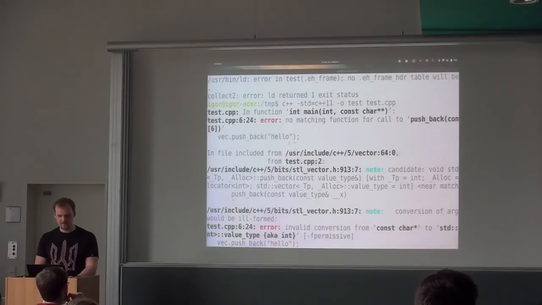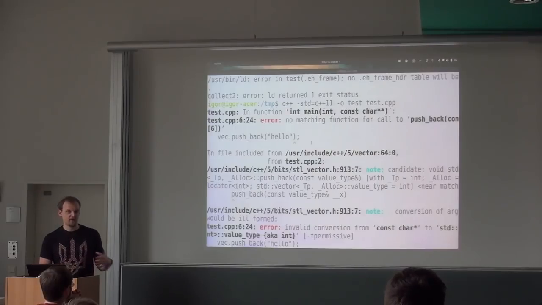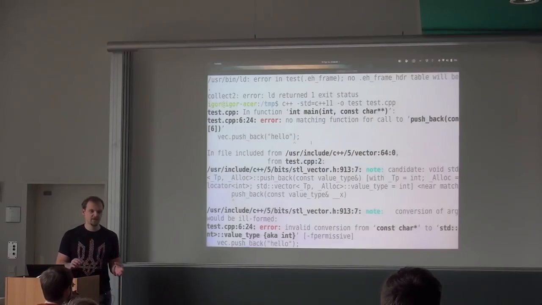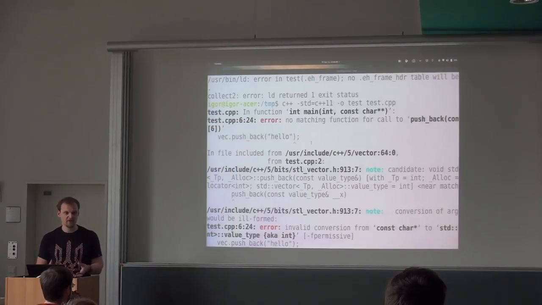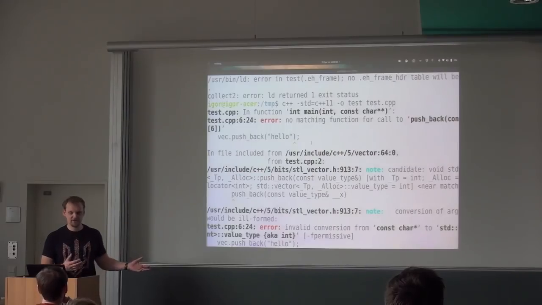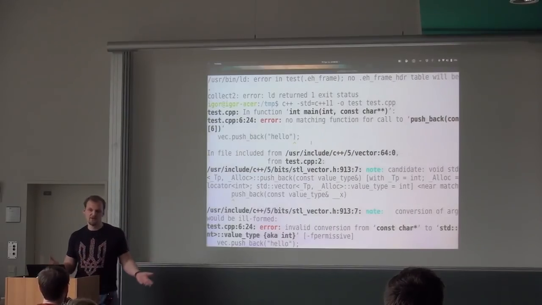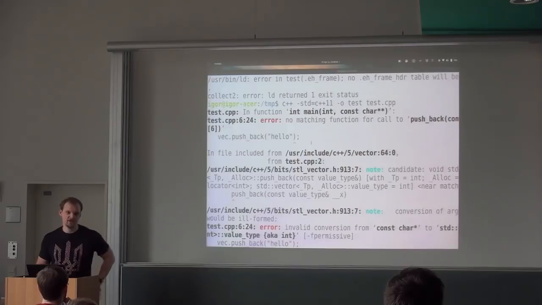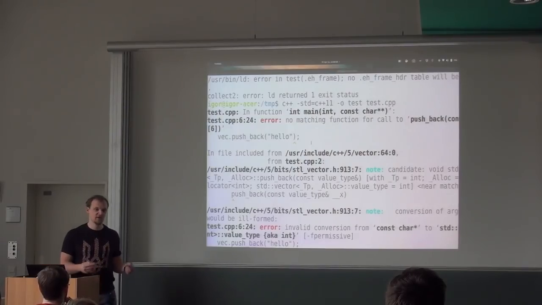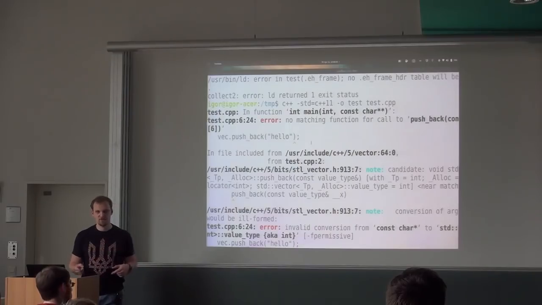So basically it tells you that there is no matching function for call to push_back, and reading errors in C++ is a skill. You will get better at it with time, because sometimes it would be really nice if it could tell me, hey, you shouldn't use a string there, just use an integer there. But it doesn't tell you that, it tells you that there is no such function that it can find to use a string in.